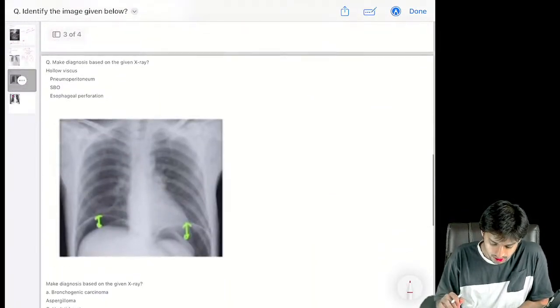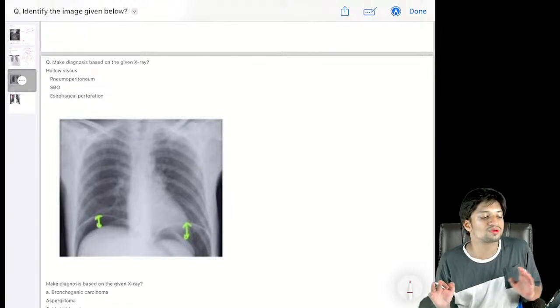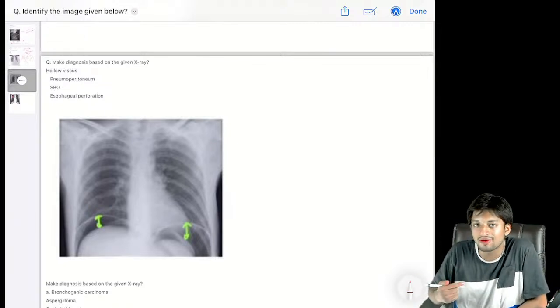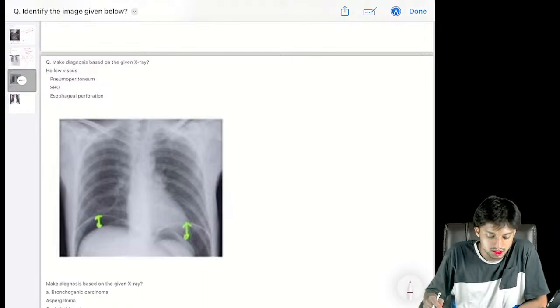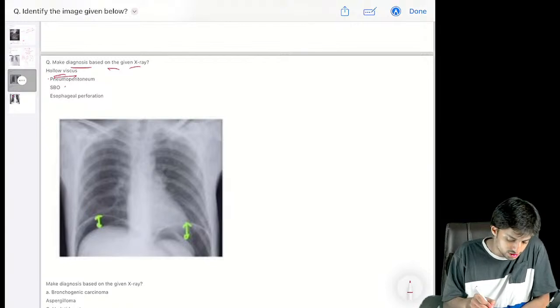Fine. Now make your diagnosis based on the given X-ray. Very simple questions were there this time. There is no need to explain very much. Now make a diagnosis based on the given X-ray: hollow viscus perforation, pneumoperitoneum,